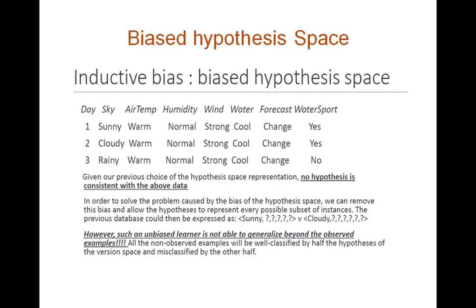So when data is like this, you will not get the hypothesis. It will be very difficult to get it. Or you can write the hypothesis like this: sunny question mark, or cloudy question mark question mark. But that is not the way, because you are not getting this through the algorithm. So when you are using a biased inductive bias, this thing will occur. When examples are like this, things won't work out.